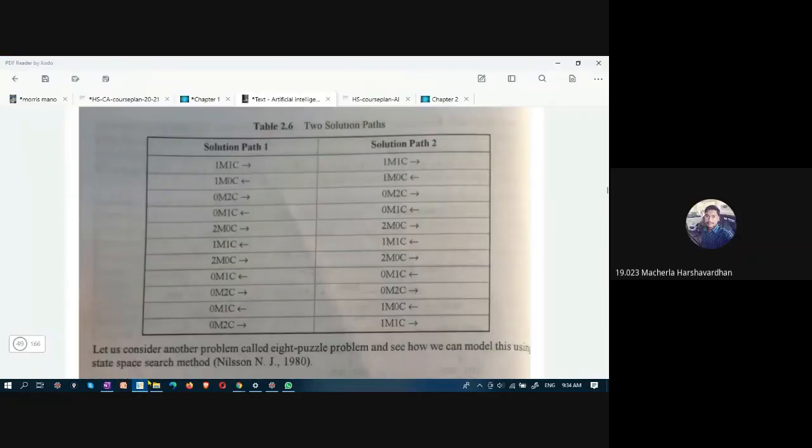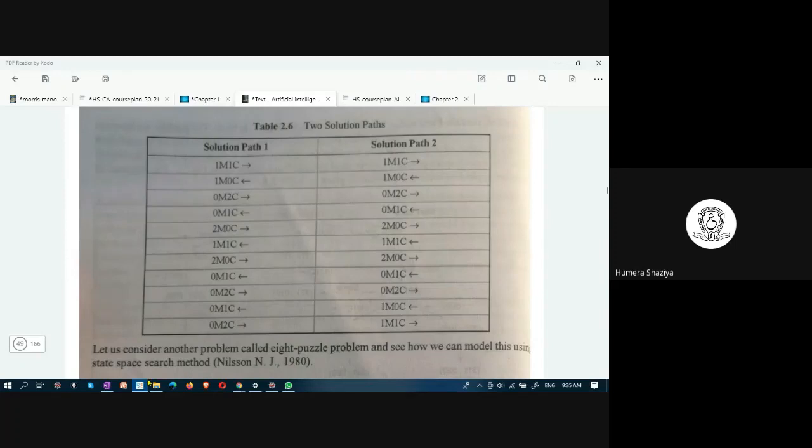So one solution path is given here: one missionary, one cannibal, one missionary, zero cannibal, the same as whatever we did, and this direction denotes from where to where. This is from left to right and this is from right to left. This is to left, this is to right. And there is another solution path as well.